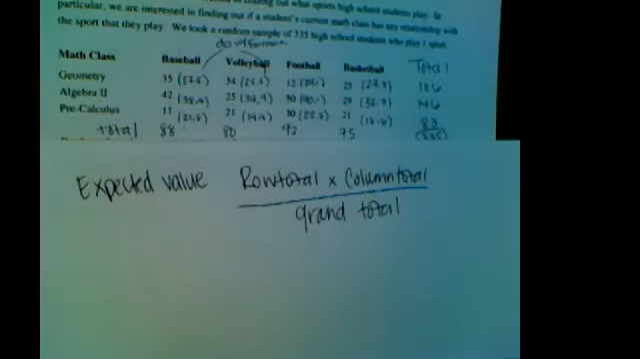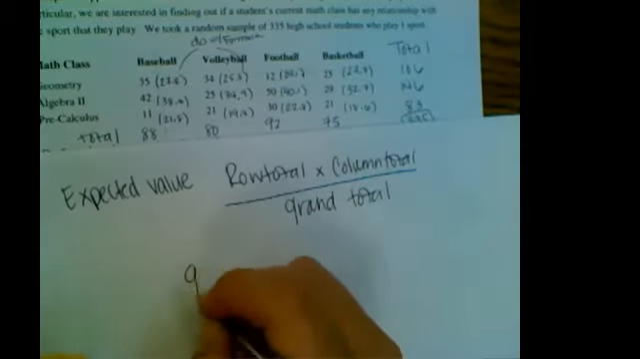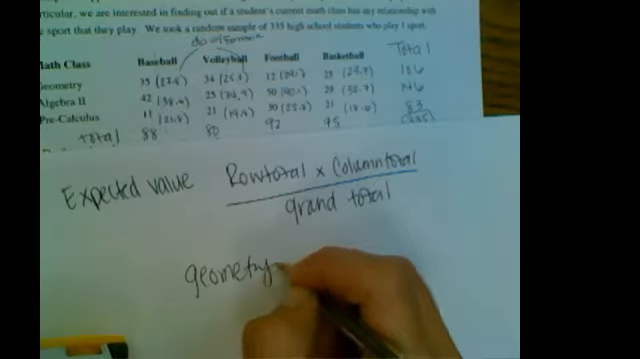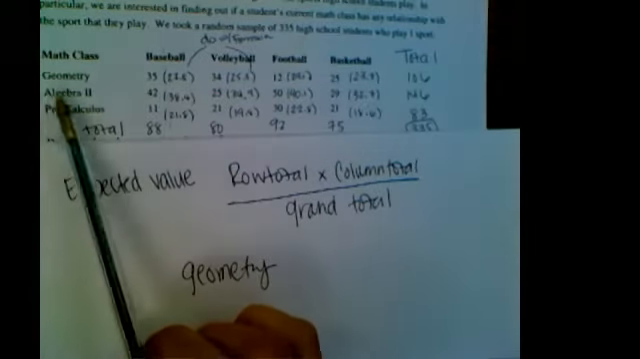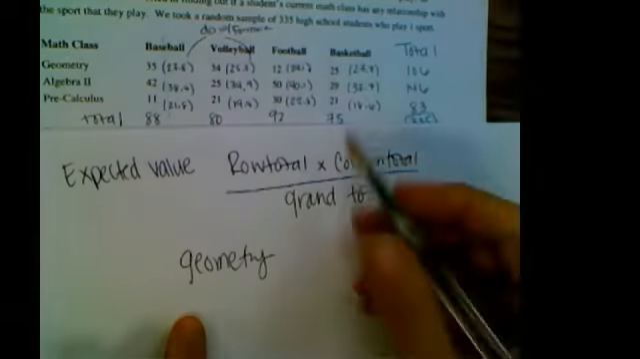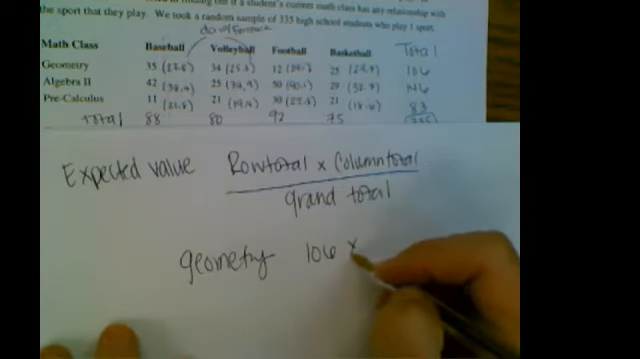Okay, so for example, if I am talking about geometry and I look at those, I'll give you a second. Go find the row total. Go find the column total. And then find the grand total. Okay, so the row total for geometry is 106. The column total